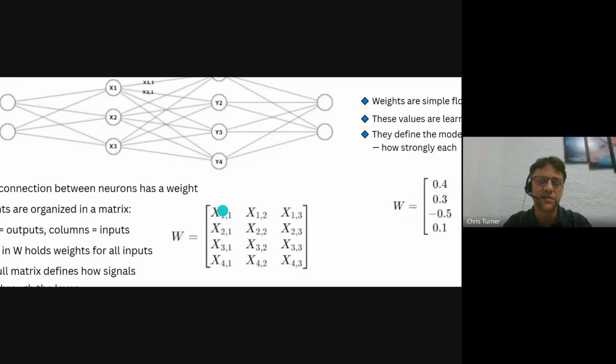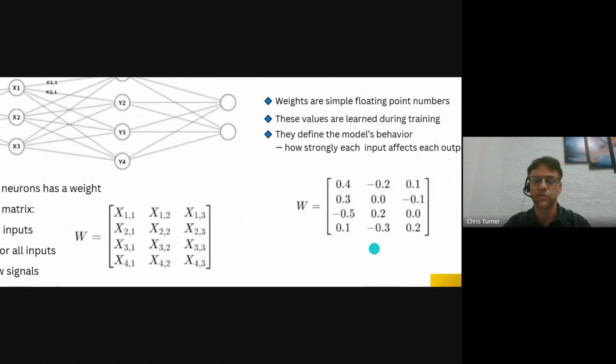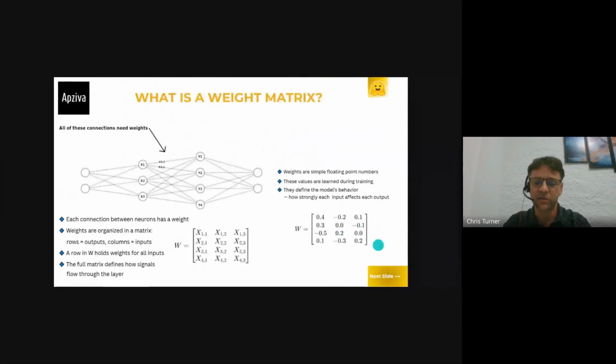And you can see there are as many weights in this weight matrix as there are connections between these two layers. The weight matrix is usually denoted with a capital W. And here I just wanted to reiterate that the weight matrix is actually just floating point numbers. So this is just an example of a real weight matrix, which is just a data structure holding these floating point numbers.